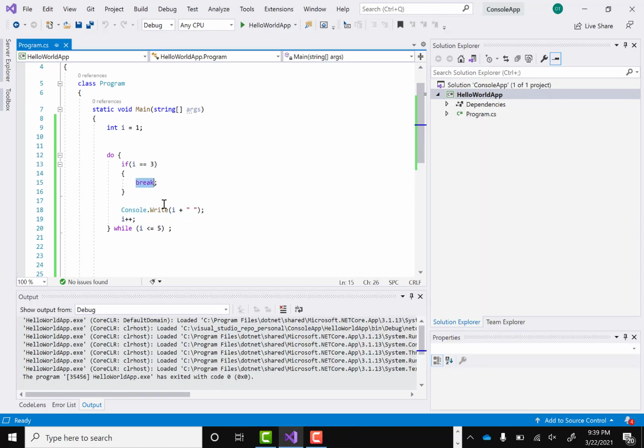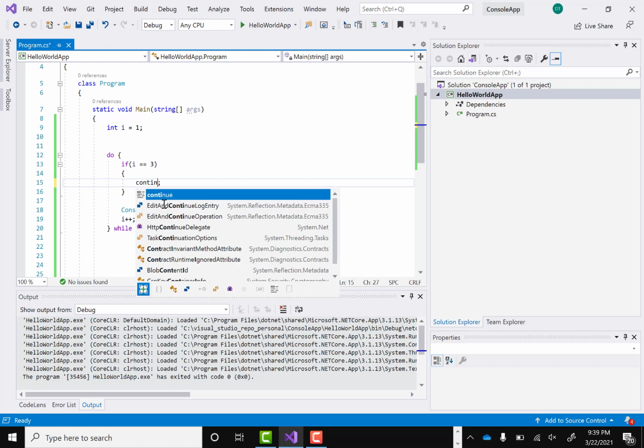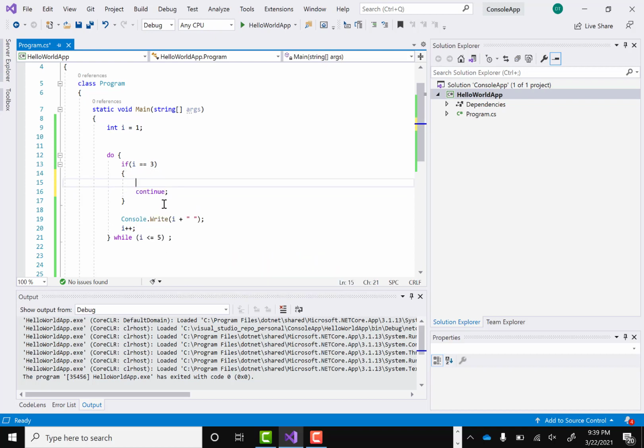Similarly, we can also see the continue statement as well. So let's say continue, and we have to add i plus plus as well, so that at least it will continue. So in this case again, i equals 1, so it means i is not 3, so it will print 1, then 2. Now when i becomes 3, in this case it will just increase the i plus plus, but it won't print this one, right?